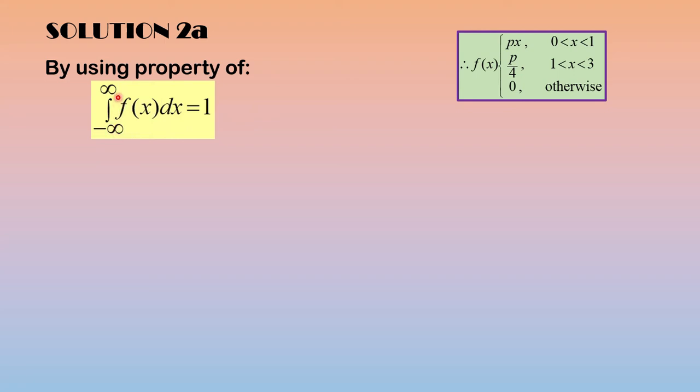Okay, now we continue to solve 2A. By using the property that the integral from negative infinity to infinity of fx dx must equal 1, we want to find out the value of p, where fx equals px for x more than 0, less than 1, p over 4 for x more than 1, less than 3, 0 otherwise. Means we need to integrate from negative infinity to 0 first. The function is 0 dx, and we continue from 0 to 1. The function is px. Integrate from 0 to 1, the function is px dx, plus